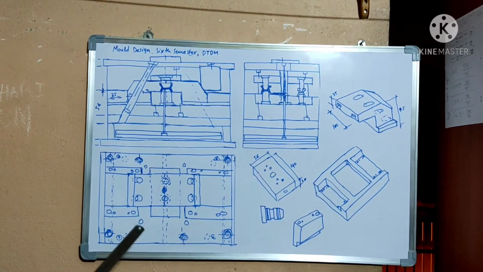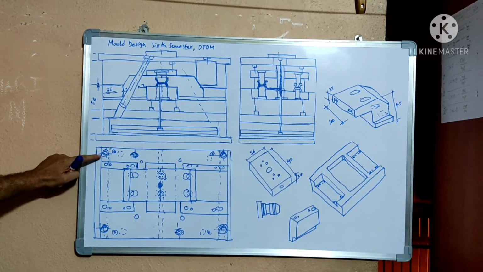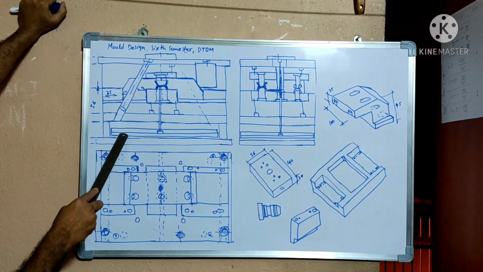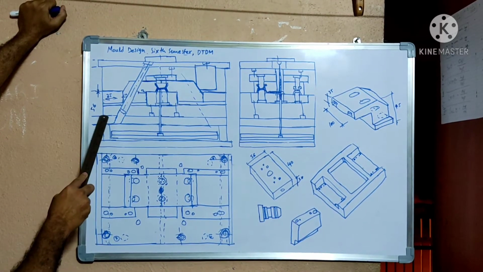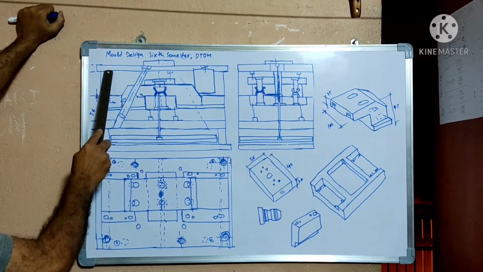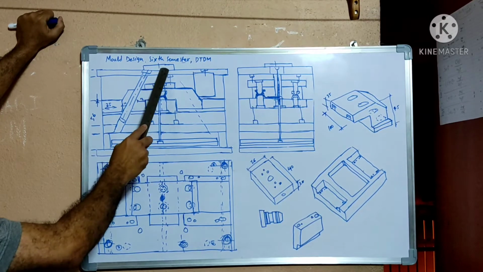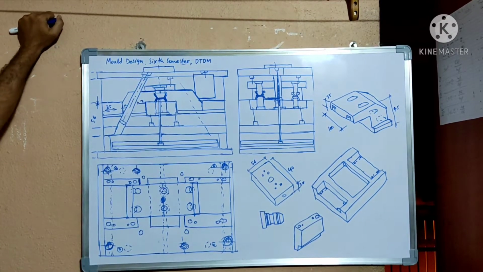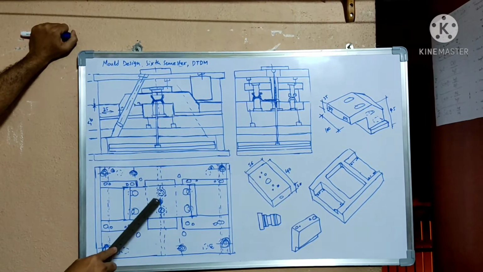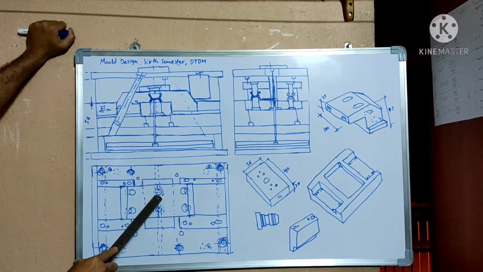With reference to the top view of the tool, you have to go for the bottom plate of the tool, spacer, ejector assembly, core back plate. From here to here it is the core housing plate, from here to here it is the cavity housing plate, and here to here it is the top plate, and you are observing the locating ring. In this, the component's top view is here.